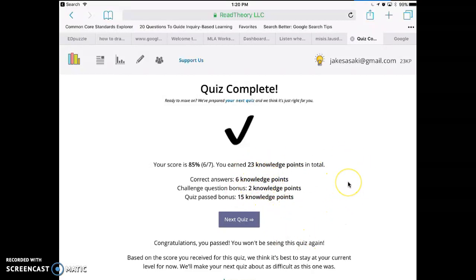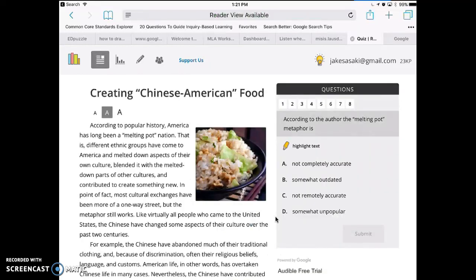We'll see if we can tie this into XP or Sasaki's, because the more practice you do, the faster you're going to get, the more accurate you're going to get, the stronger. So that's why we're going to incorporate this into our class. So next quiz, and then it would start another one. If you want to see how you've been doing, these menus up here are important. So this one, my progress,